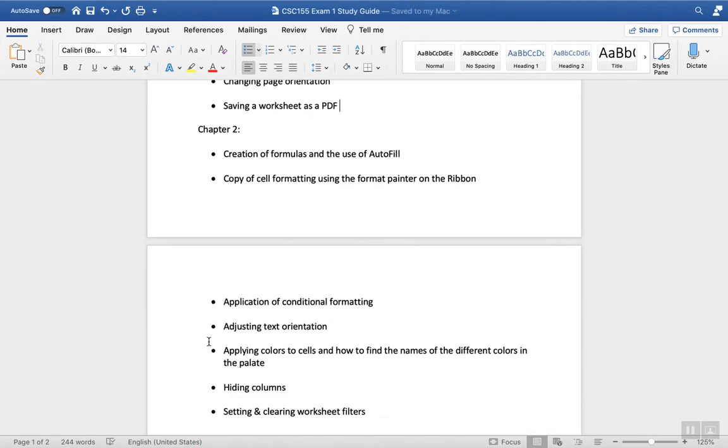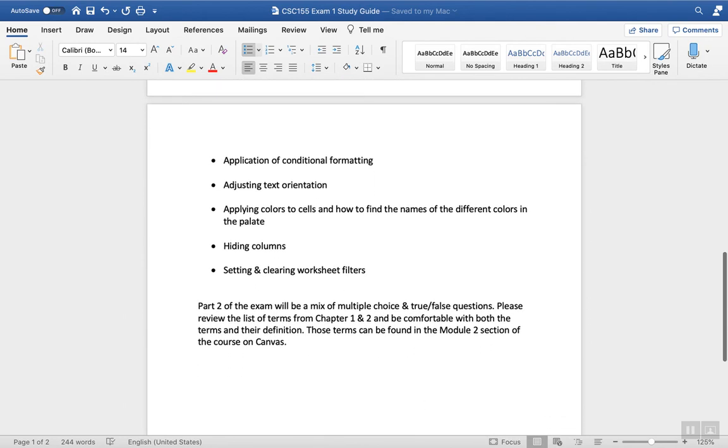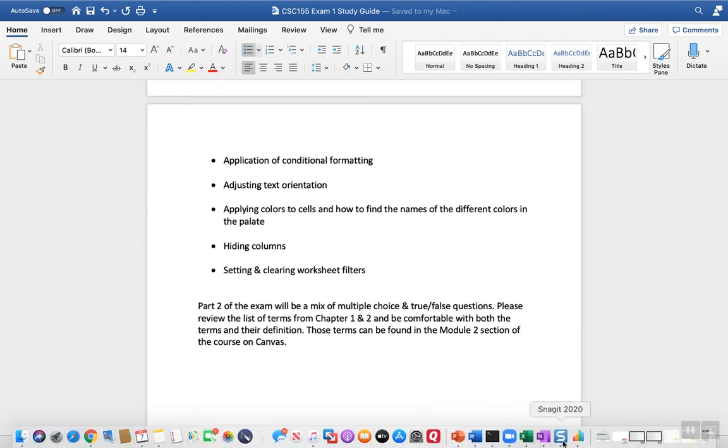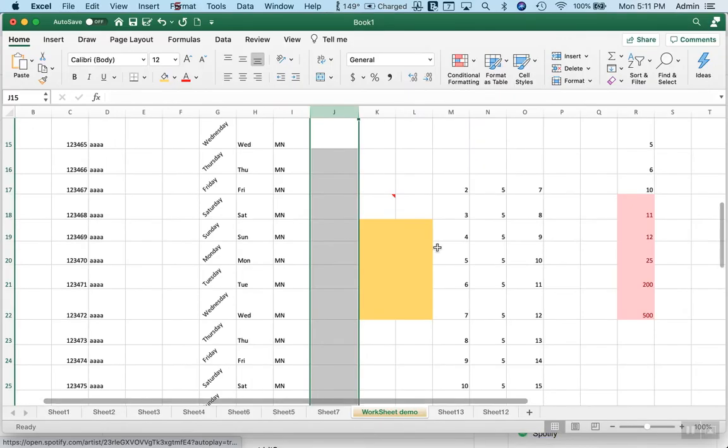And then let's see. And then finally, filters. I didn't talk too much about filters, so I want to do a real quick demonstration of filters. I think that might be something we did talk about, or that is in one of the exercises. So the filters, once again, is a pretty powerful feature. What it lets us do